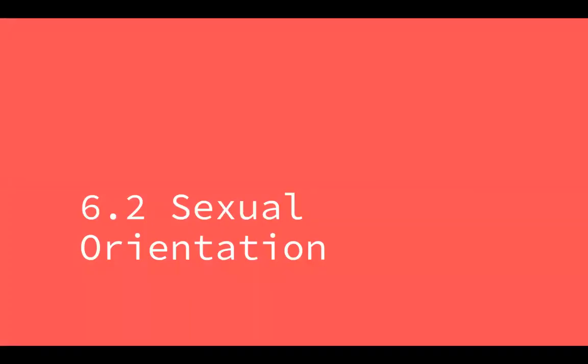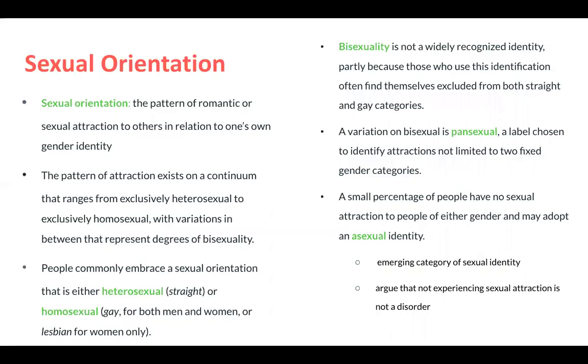So, a large part of this chapter is about sexual orientation, and that is the pattern of romantic or sexual attraction to others in relation to one's own gender identity. We sometimes think about this as being like these separate, disparate check boxes. I am this, I am that. But